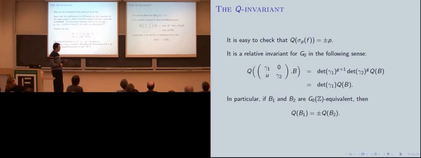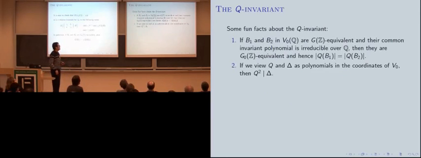Okay, so we have this extra invariant that recovers P. Here are some fun facts about this Q invariant. The first fun fact is basically telling you that counting G0 Z orbits and counting GZ orbits are pretty much the same. If you take two elements in V0 of Q, so two n by n symmetric matrices with top left G by G block 0, if they turn out to be G of Z equivalent, and if their invariant polynomial is irreducible over Q, then they're actually G0 of Z equivalent and therefore have the same Q invariant up to sign. So this requirement of their invariant polynomial being irreducible translates to the condition that there's a